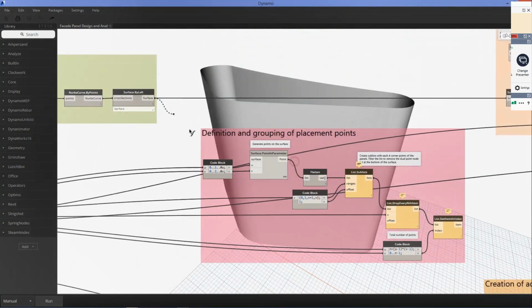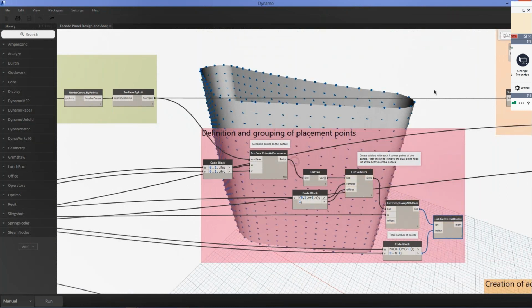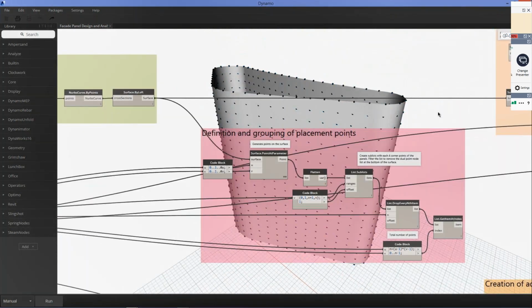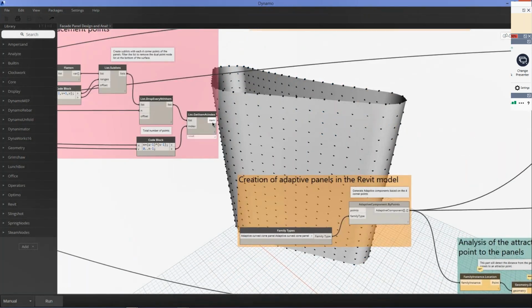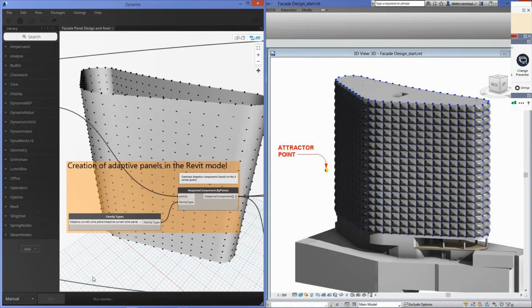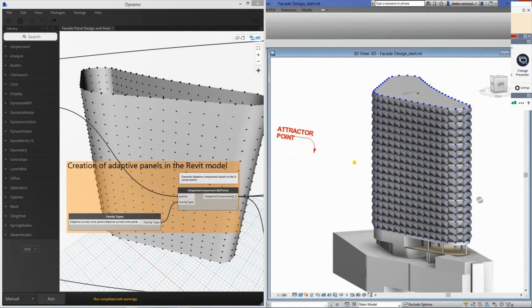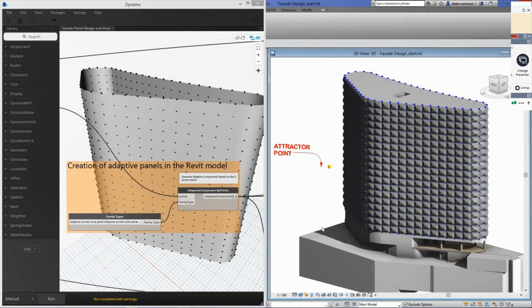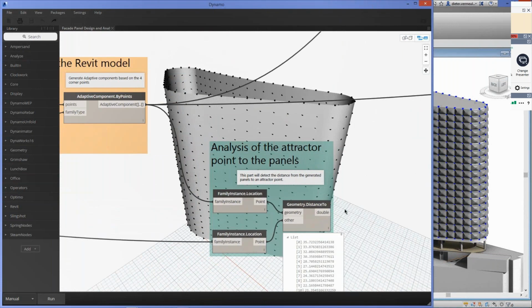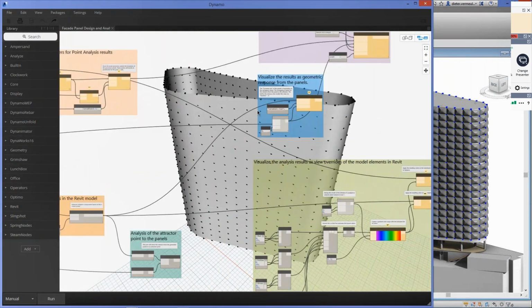I can make use of adaptive components to even generate the panels and then maybe use that information for fabrication of those panels at a later stage, which gives me a lot more accuracy in my design, leading to fewer issues on site while constructing the wall, because all my panels will automatically fit, as all those scenarios have already been taken into account during the design phase itself.